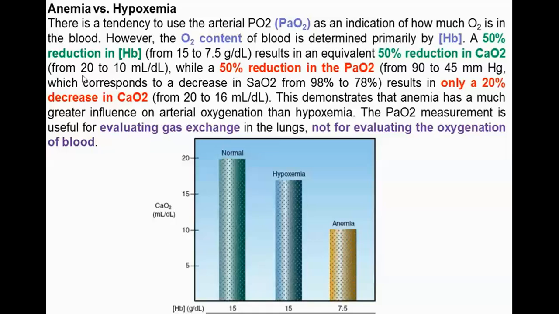So if the patient's hemoglobin decreased from 15, which is normal, to 7.5,